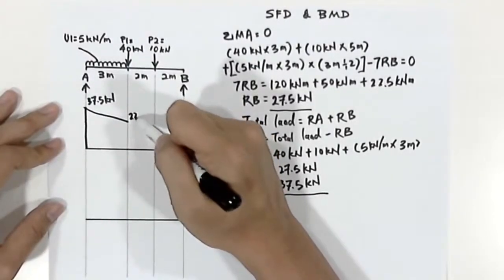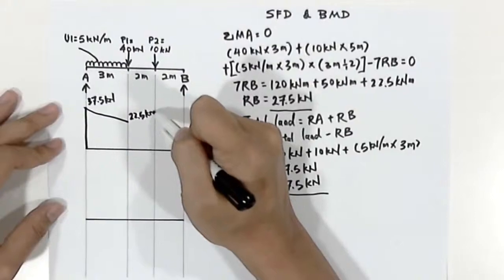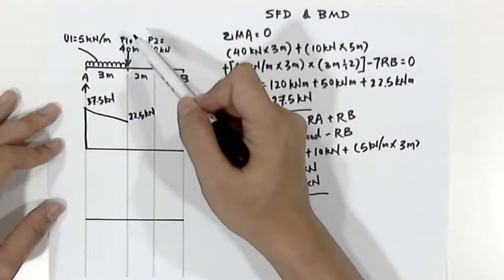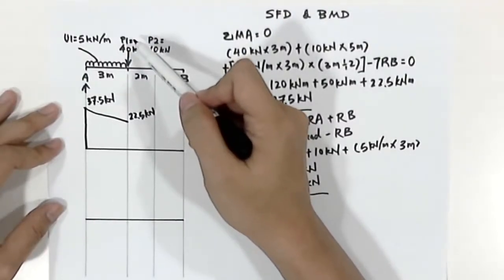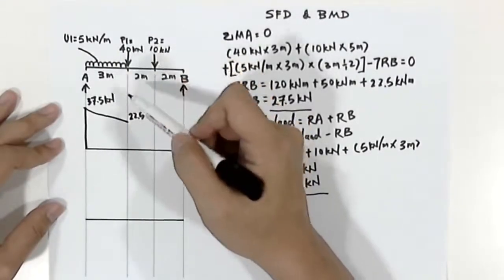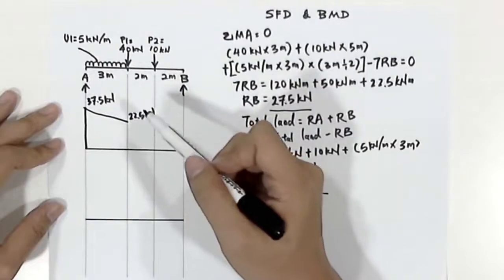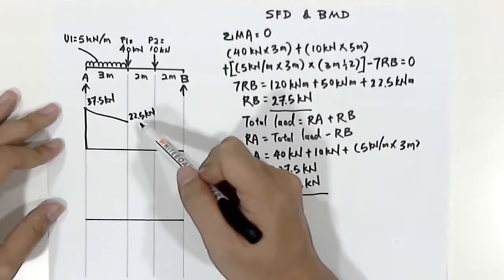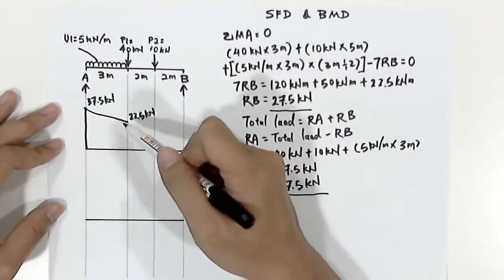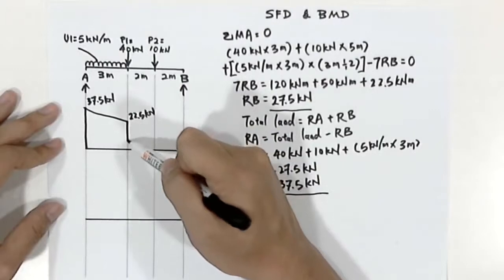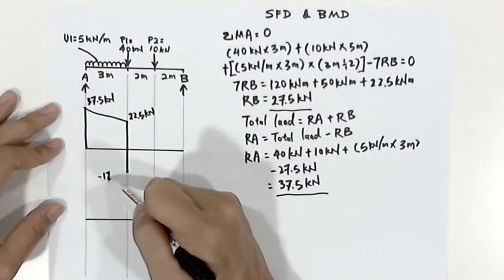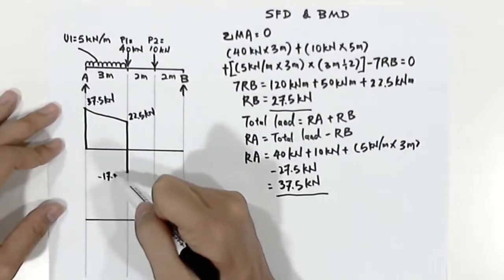And the value we'll get will be 22.5 kilonewton. So what happened here is that now we have a point load 1, P1 equals to 40 kilonewton. What P1 does to the shear force diagram is that we'll have to use 22.5 kilonewton to deduct 40 kilonewton. And the value that we'll have will be negative 17.5